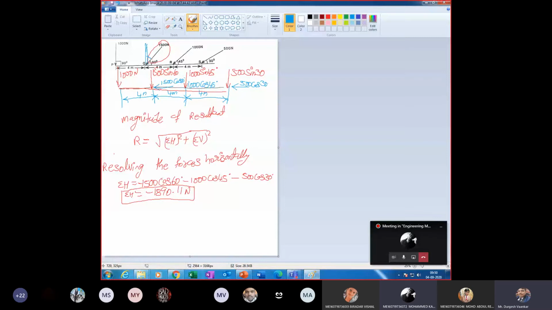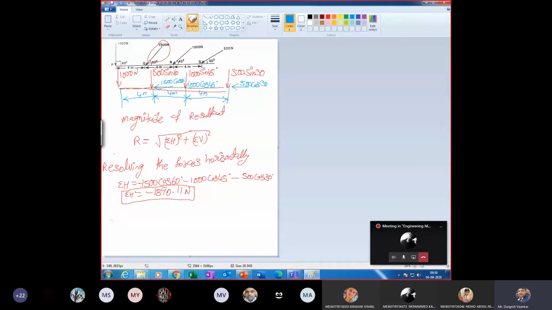That is the reason, ma'am, I have written the sine component here. Wherever theta lies, that is the cos component. Wherever theta is not there, that is the sine component. Remember it in this manner. Now it is clear? Yes. Still you have any doubt? No, sir, clear. Next.